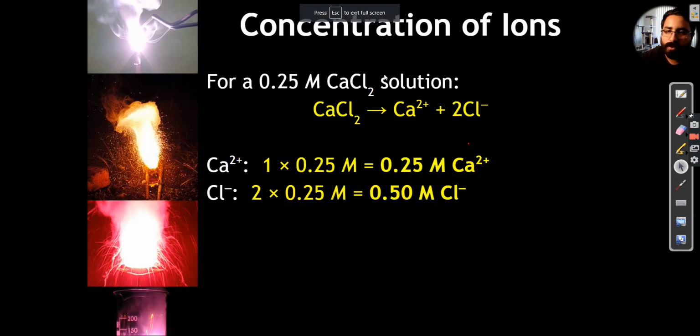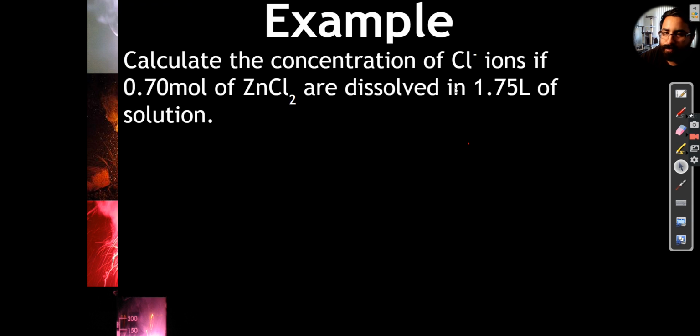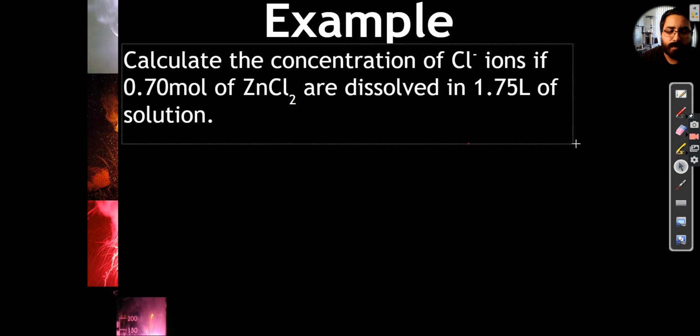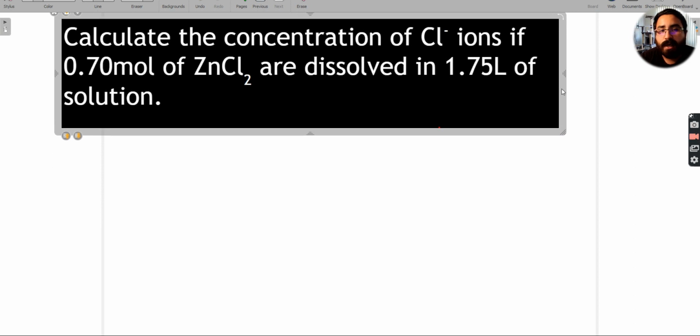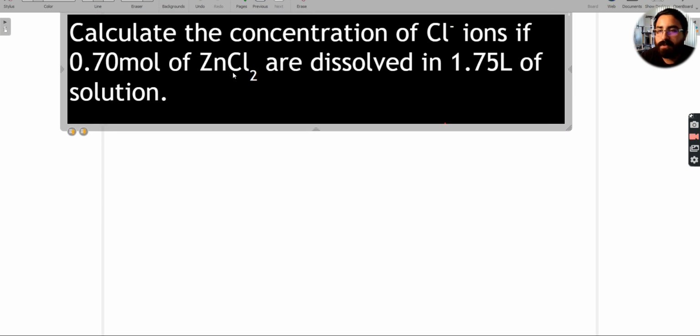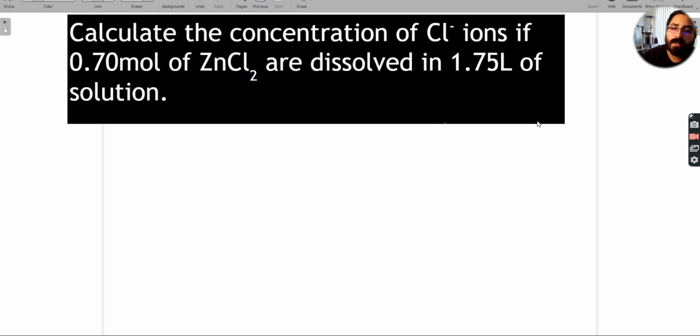Let's do a little bit more examples. All right, let's take a look at this problem here. Calculate the concentration of chlorine ions if 0.70 moles of ZnCl2 are dissolved in 1.75 liters of solution. So we have 0.70 moles of zinc chloride. Now we are looking for chloride ions. So we know